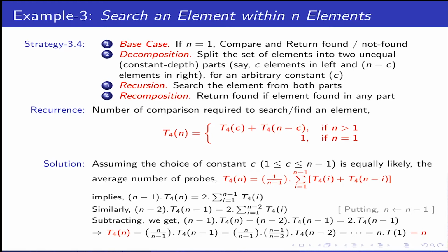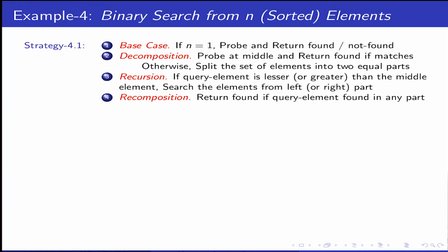However, we have seen that when we try to find max and min, if we divide it either in half, for 2 to the power k elements, or in a very naive sense, if we divide 2 and the rest, every time 2 and the rest, it is better. So therefore, this is a handle for you. This recurrence relation and this information are handles for you, to first find out and try out your solution mechanism, and then try to figure out which one will be the best approach. The most significant one we will see of these examples is binary search.